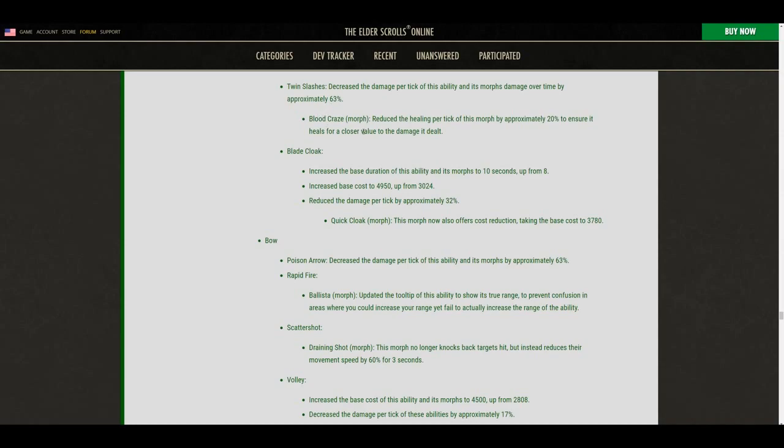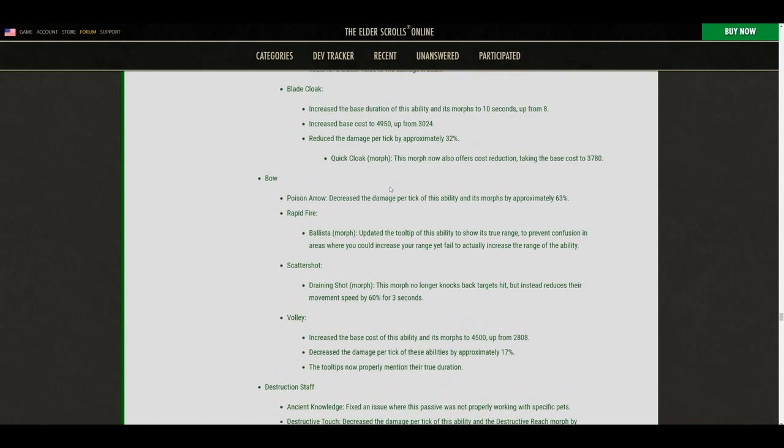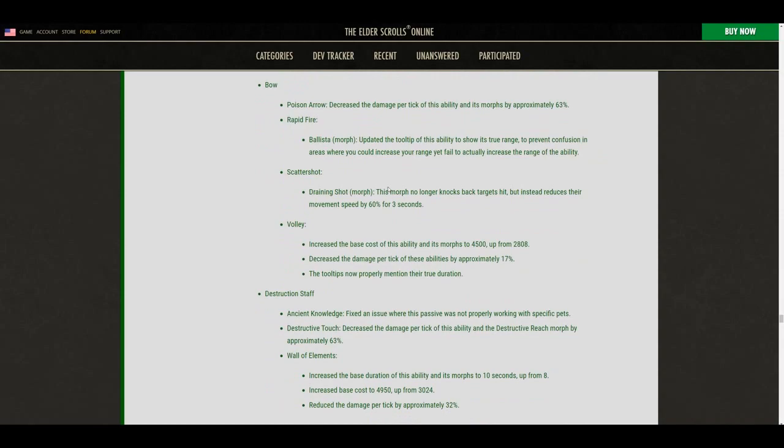Reduce the healing per tick of this morph by approximately 20% to ensure it heals for a closer value to the damage dealt. Blade Cloak: increase the duration of this ability to 10 seconds up from 8, increase the cost to 5,000 up from 3,000, also reduce the damage by a third. Quick Cloak now offers cost reduction, bringing the base skill down to 3780. Bow, Poison Arrow: 63% damage nerf. Ballista: updated the tooltip of this ability to show its true range